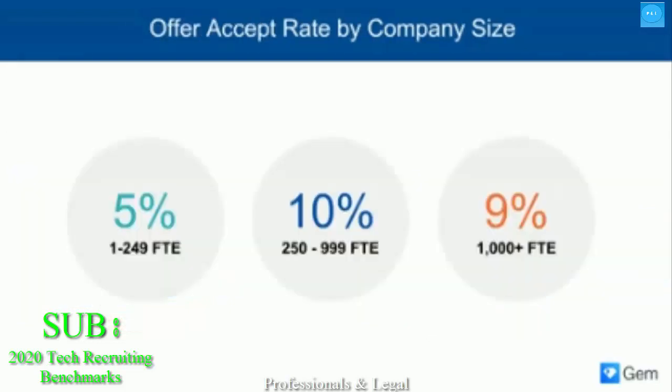Let's take a look at offer accept rates by company size. Looking at these numbers, the smallest companies have to work twice as hard to see as many offer accepts. It's likely this is because smaller companies are a bigger risk. There are a number of ways to offset this risk, whether it's real or perceived. One involves improving the overall candidate experience, using candidate surveys and best practices to determine where in the journey you can be serving your candidates better.